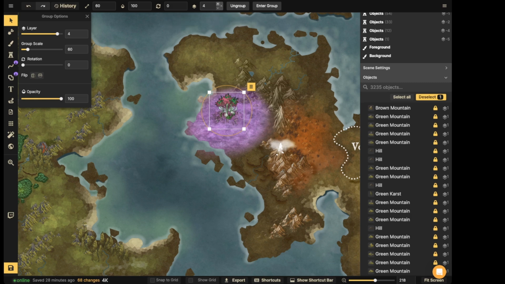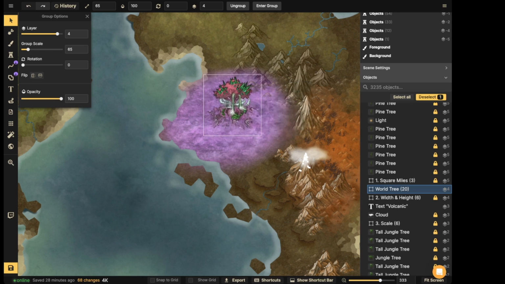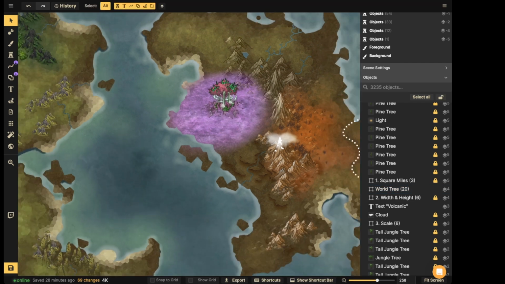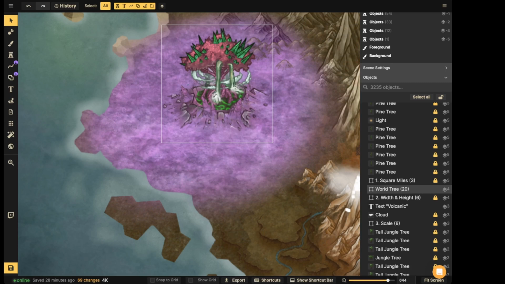So I'm going to scale it up, and I'm going to put it next to a mountain. And you can really get a feel for the grandeur and the size of this tree. It's quite big. So now that we have that there, that looks good. And then we can create the other parts of it, which I'm thinking might look nice is maybe having some green rivers made of that same material coming out of caves that are around